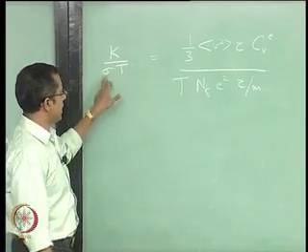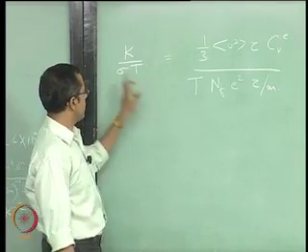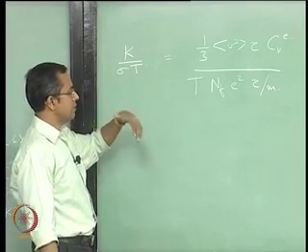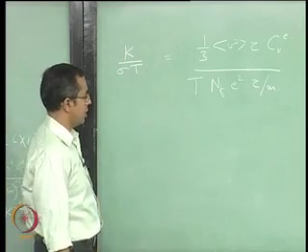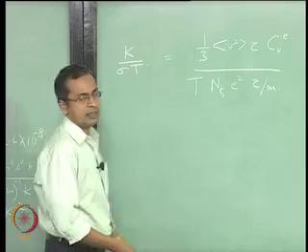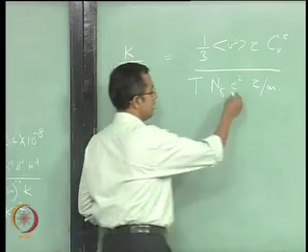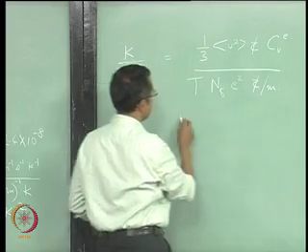So k by sigma T is what it is: k is what is on top, T is the first term here, and sigma is all the rest of it. So this is what we have. If we simplify this, we would like to see if we are getting values which are of interest, what is the value that comes and how consistent that is with the finding of the Wiedemann-Franz law. So let us just simplify it. So we lose this tau here, this m will go to the top, so we will have